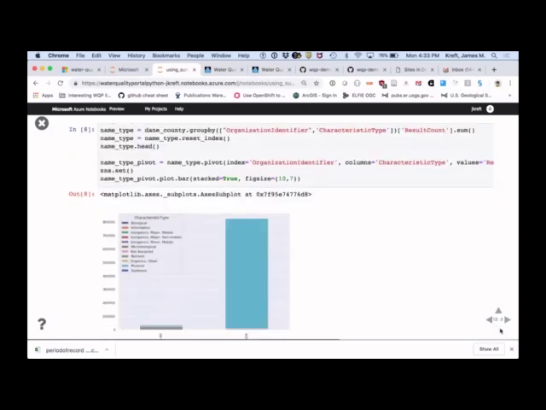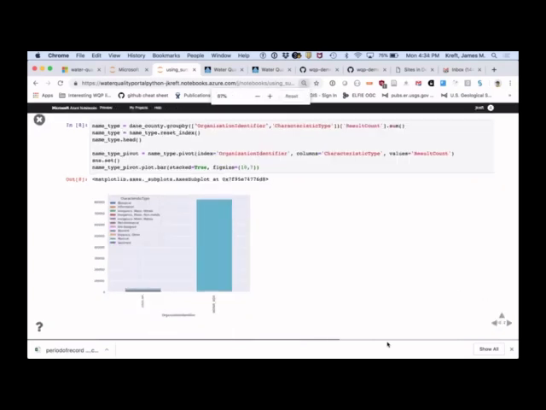So one example is, I want to roll everything up together to the organization and characteristic type. I want to see what organizations are on stream sites in Dane County in the last 5 years, and I want to summarize that by the total number of results available, and I want to split it out by characteristic type. And basically, what you're seeing here is that there's only 2 organizations, Wisconsin DNR and the USGS Water Science